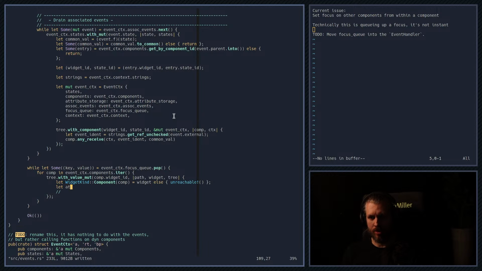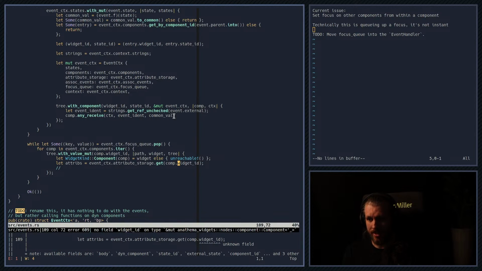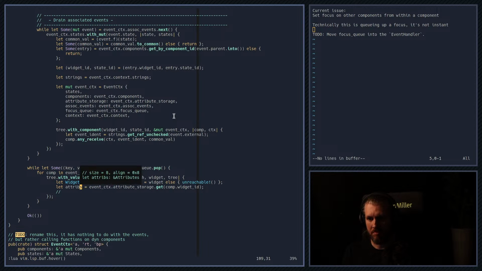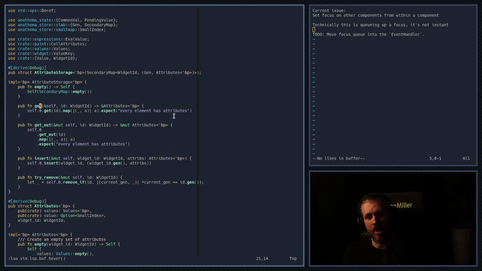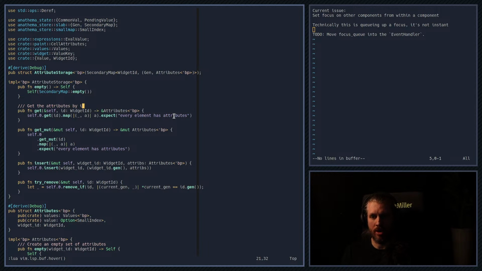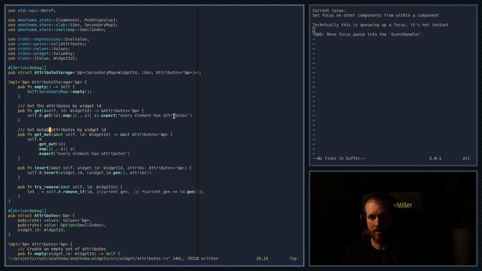So how do we get the attributes? So let attributes equals, where does attributes come from? We have this. Get maybe widget ID. Is this even a thing? No, hang on. All right, I bet this is not documented. Well, okay. Get the attributes by widget ID. Stupid name, but get mutable reference to